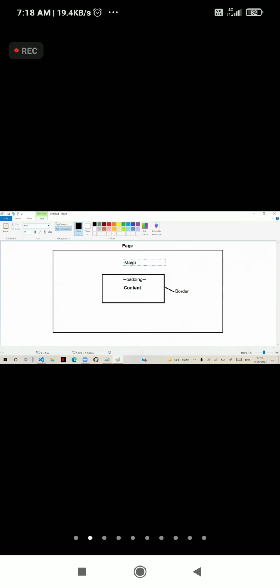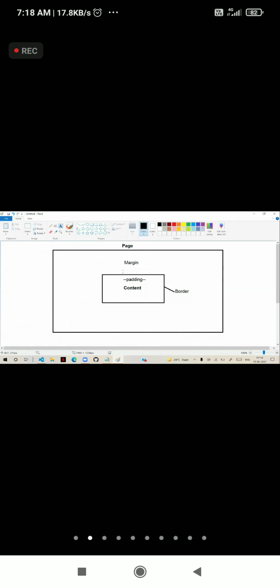We call it margin. So margin is the space between the border and page, and padding is the space between border and content. So we need to define the margins, the padding, and the border.